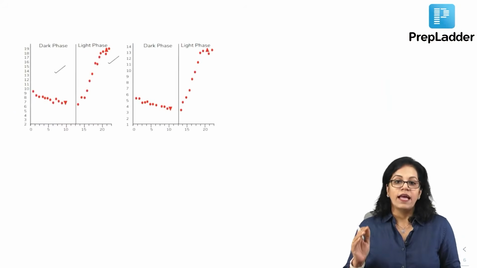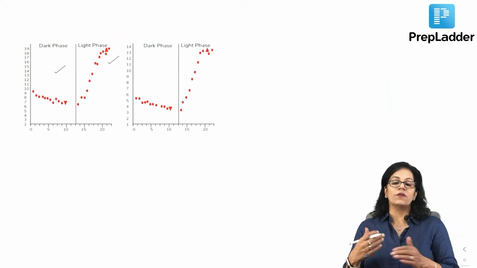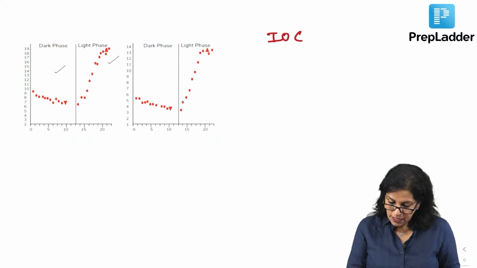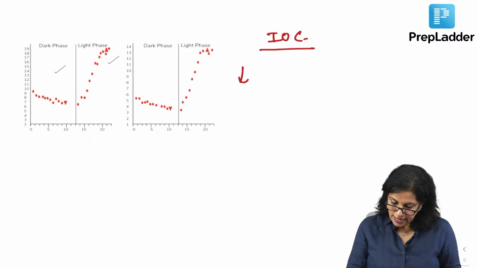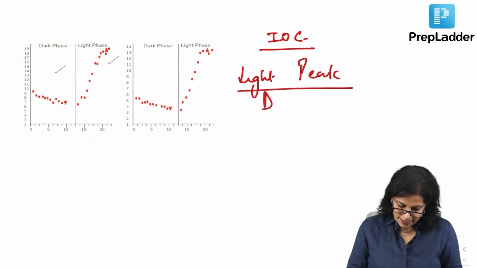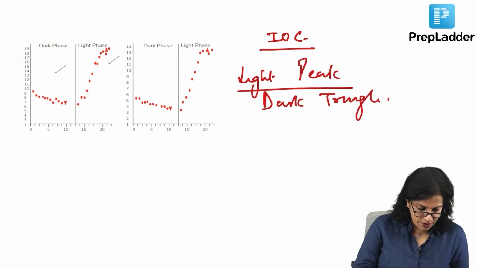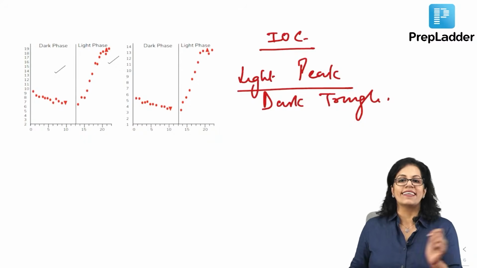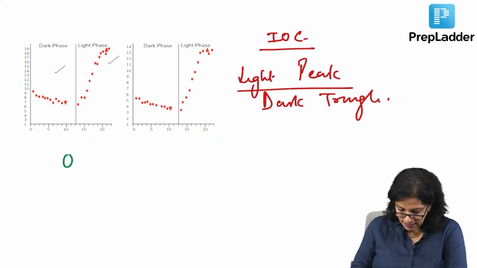Then we talk about the electrooculogram. What else have they asked you? Of course, it is an investigation of choice for RPE dystrophy. What is the next thing? It is mainly the light peak. It is the ratio of light peak upon dark trough, right? And what is this light peak upon dark trough known as? Please type your answers. We call it the Arden ratio, another very important exam question.